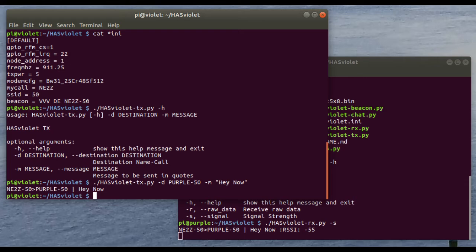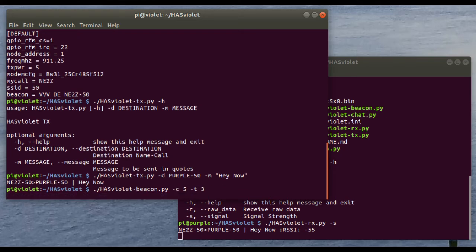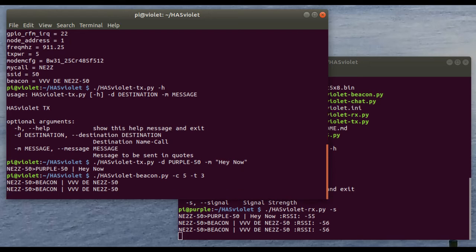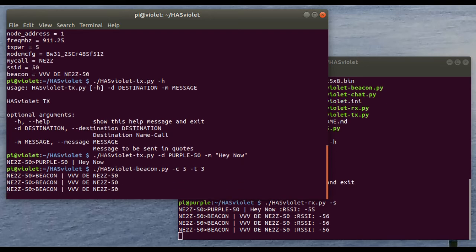Let me go ahead and show you the beacon. You can go ahead and do the beacon again, as we did in a previous video. For that I'm going to have it do a count of 5 and tell it to do it for 3 second intervals. We'll just go ahead and do that. That's going to send the beacon that's in the INI file, and if you see on the right hand side, after every few seconds it's receiving from the beacon, destination beacon, and what my default message in there is